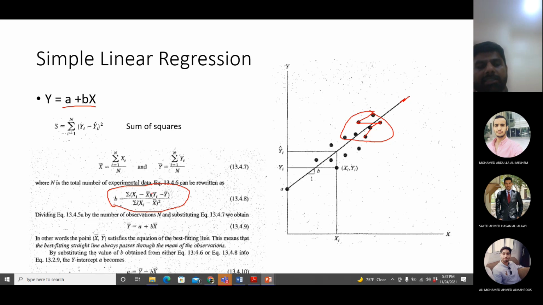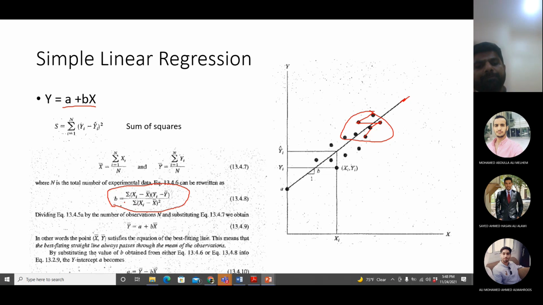Now in this equation you can see I'm using x and y, which are the experimental values. The x is the independent variable, y is a dependent variable. Then we have x bar and y bar. So x bar is the mean of the input variable, y bar is the mean of the output variable from the experiment. So all of these are experimental values. You calculate this ratio, you'll get the value of b.